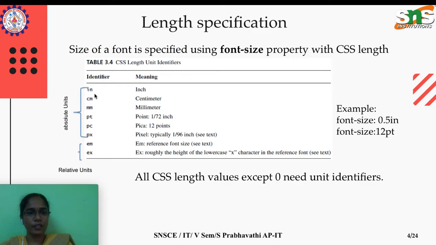Okay, so here we have the identifiers like inch, centimeter, millimeter, point. Point is nothing but 1/72 part of an inch, and PC is pica; 12 points is said to be 1 PC. Then pixels. These come under the category called absolute units. It means we need to specify absolute values: 1.1 inch, 2 centimeter, 0.5 millimeter, 2 points, 5 pixels, 3 PC. Likewise we need to specify the values,